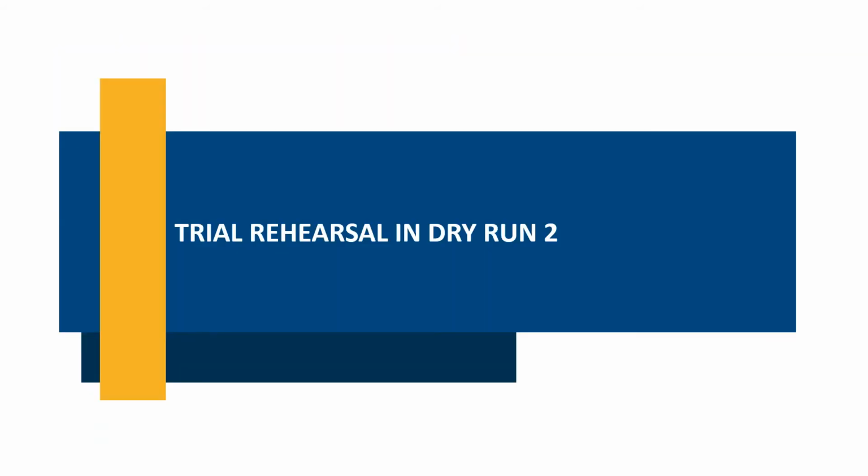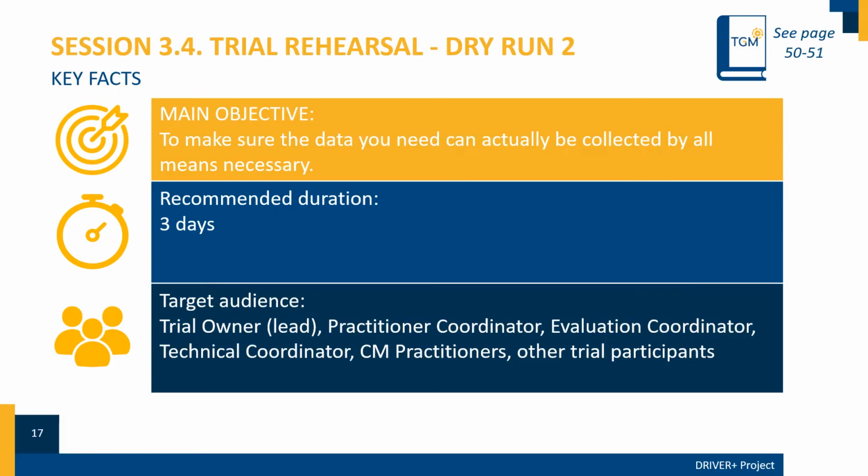And then you have everything set, or at least you think you have everything fixed. Dry Run 2 is to be executed like a real trial. And because the aim of a trial is to collect data, the main objective of Dry Run 2 is to check whether indeed all data you need can be collected like you have designed. It is also your final test whether adjustments listed at the end of Dry Run 1 have been implemented in a proper way. Dry Run 2 also takes about the same time as running a real trial, so around 1